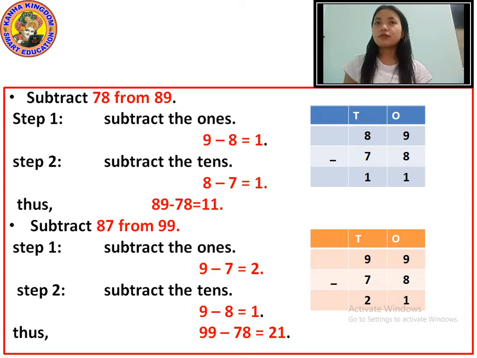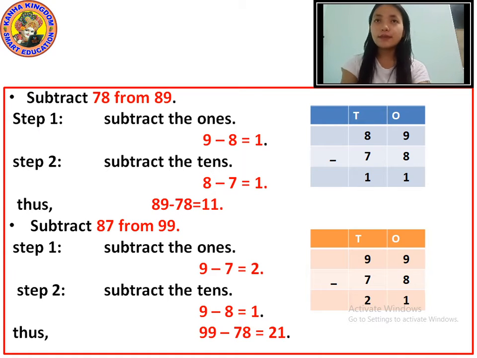So subtract 78 from 89. Step 1. The first step is subtract the ones. We all know that first we have to arrange the bigger number, and after that we place the second smaller number, right? So while subtracting, we have to place the numbers in this way. In the bigger number 89, 9 is the digit in ones place, right? So we write 9, and in the second number, that is 78,